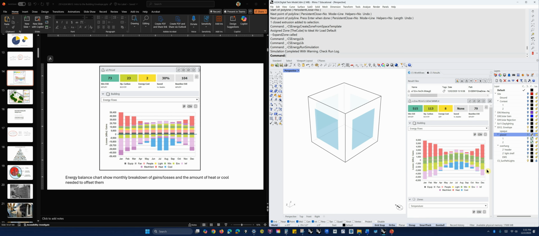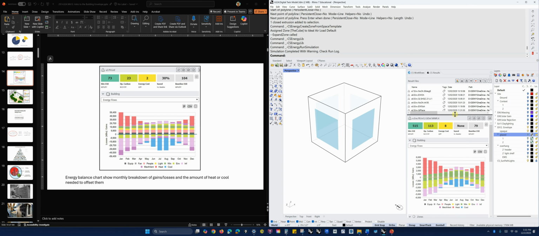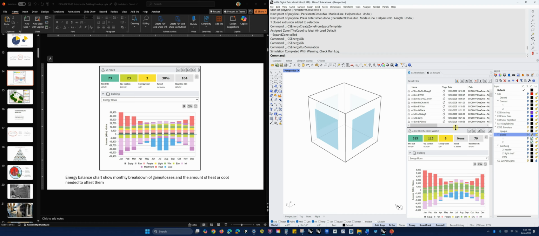And then we've got this nice chart telling us what part of our cube is responsible for each of those gains and losses over time, over each month. So we can now ask, what do I want to do to improve this? Let's see, what was the first thing I did? Oh, yeah, well, the most obvious